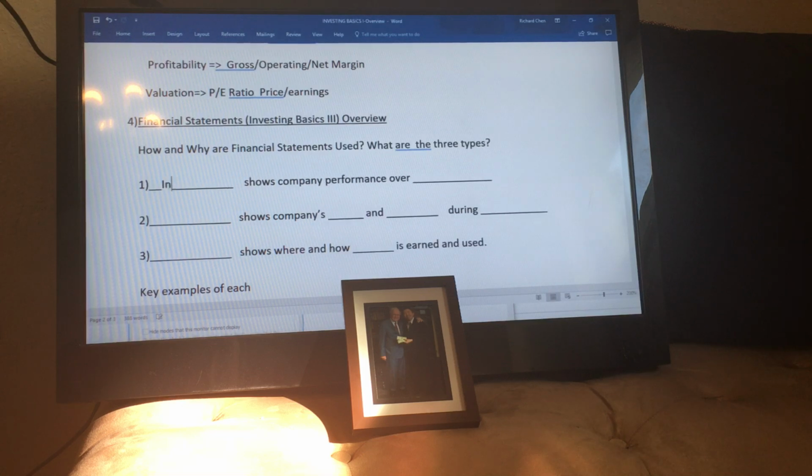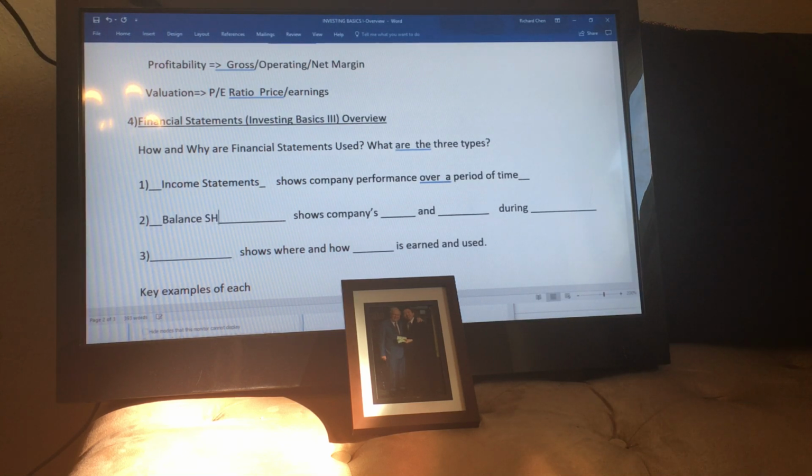Okay. The first type, income statements, show a company's performance over a period of time. Let's go over the three first, and we'll talk about them. And then the balance sheet